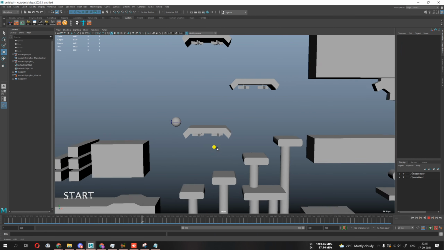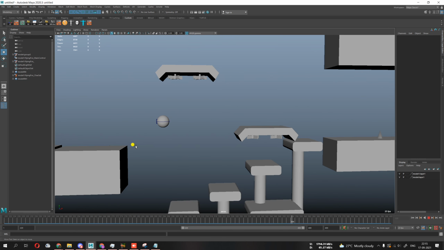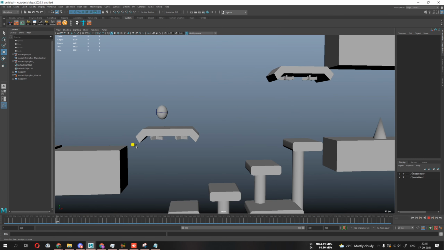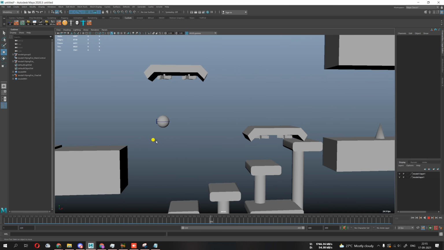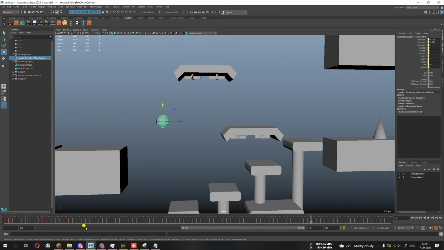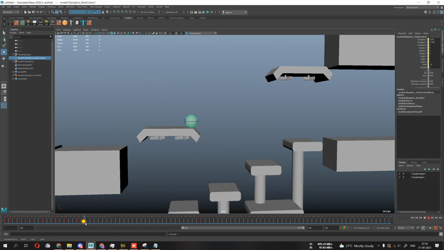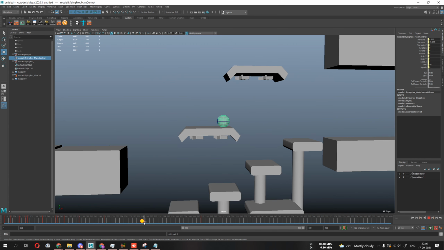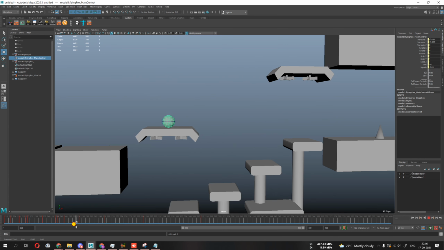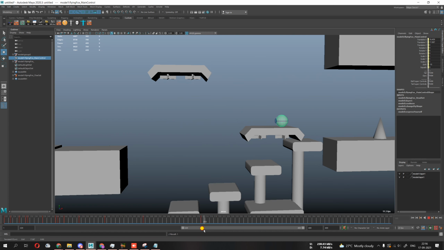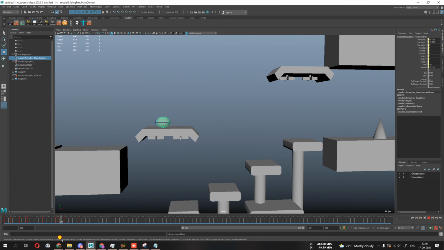You can see this platform is hovering over here and the ball wants to go to the other side. I just animated the ball with a basic jump, but I want the ball to stay with this platform. Let's see if I animate the ball manually, it won't go properly or it will start sliding. It will be a lot of work, like it is still sliding. So it's not easy, you can't do it. So what comes next is constraint.